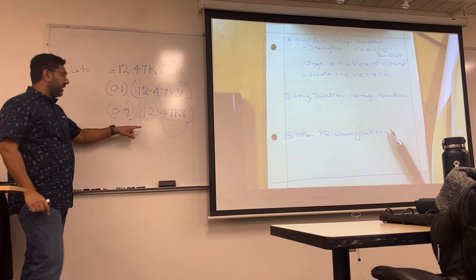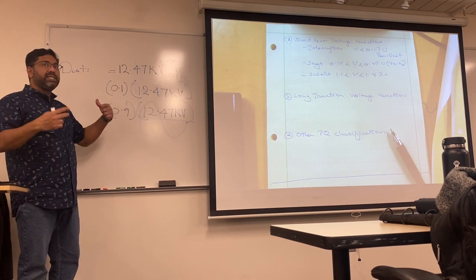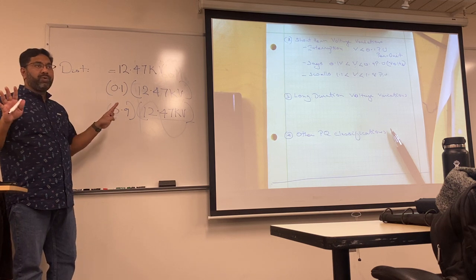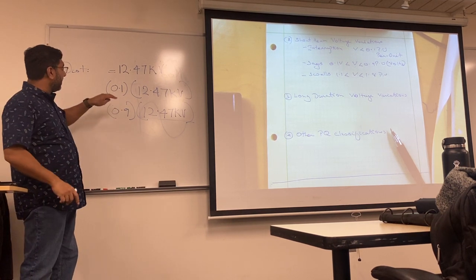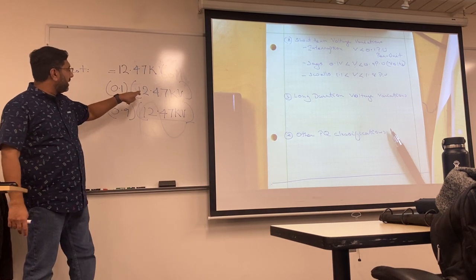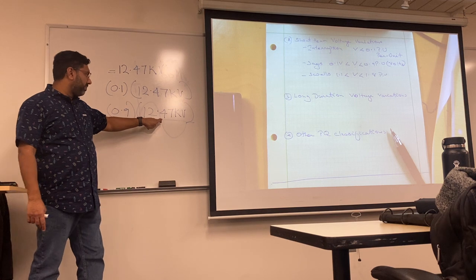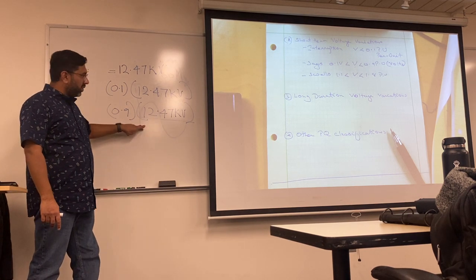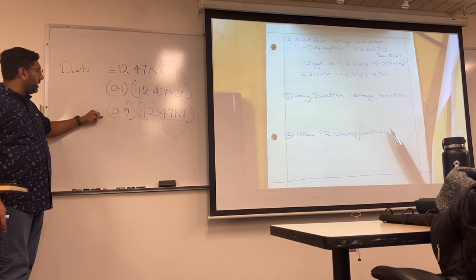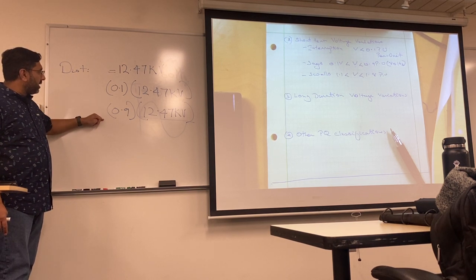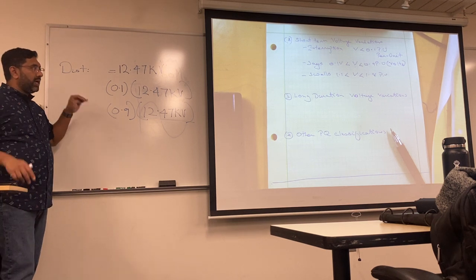Now I haven't defined the PU yet, but imagine in my system I say 12.47 kV is going to be given the number 1, just physically number 1. In which case this is 0.1 times 1, which is 0.1, and 0.9 times 1, which is 0.9. So if your voltage is between 0.1 or 10% to 90% of the actual voltage, you're going to have a